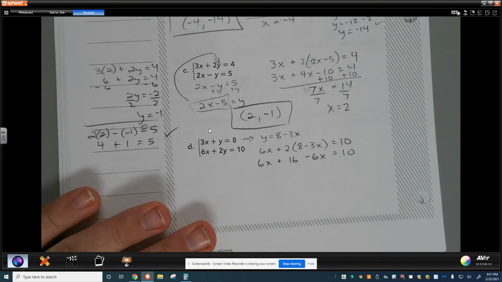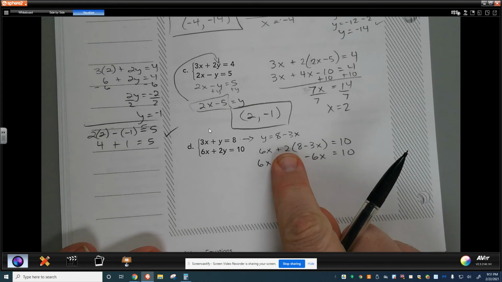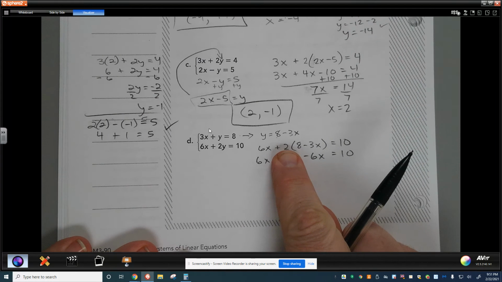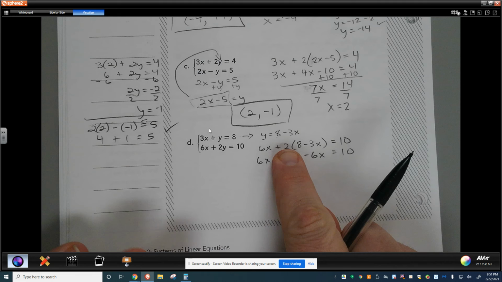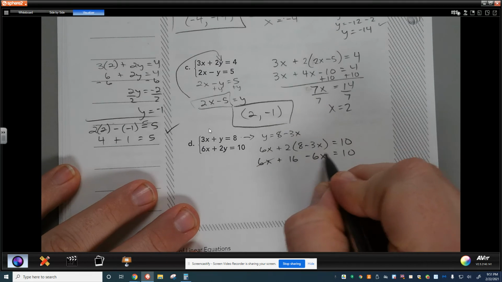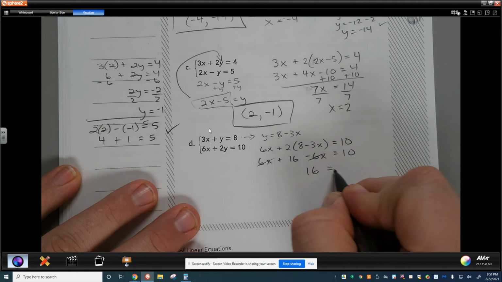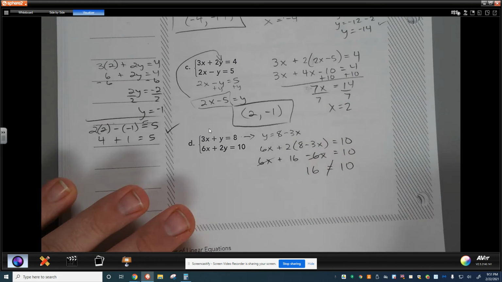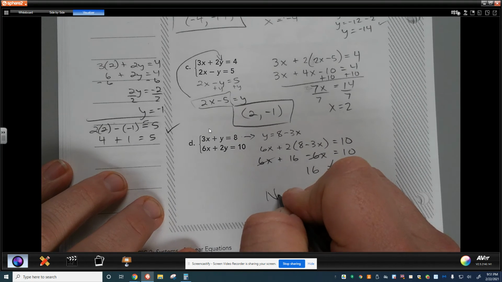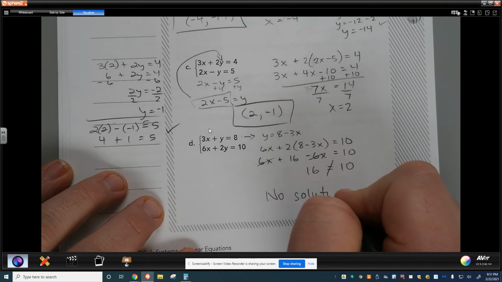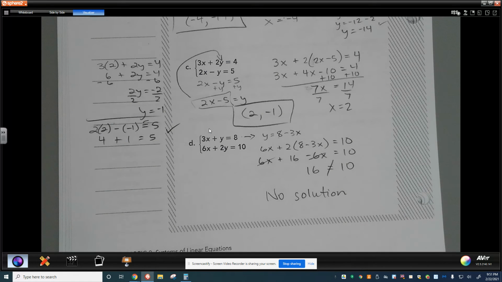And I notice something. If I skip over that plus 16, I see 6x minus 6x, which equals 0. And that would eliminate these two values, leaving me with 16 is equal to 10. That's a false statement, meaning that for these two equations, there is no solution. These two equations will actually be parallel to each other, and I'm going to throw in one more little secret